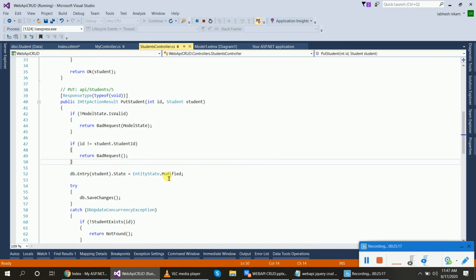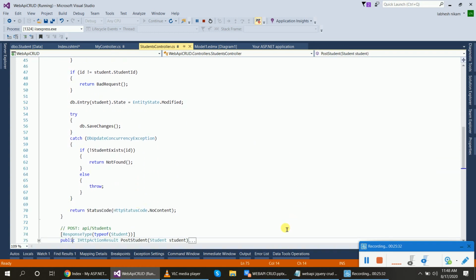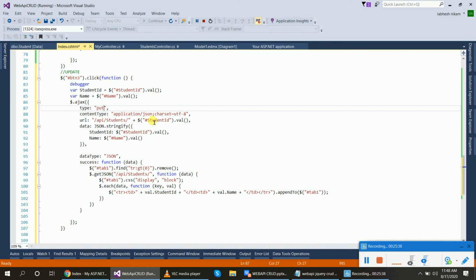If the ID matches the data, the data will be modified using entity state dot modified and the changes saved. The URL is api/students with ID and name, and the table name is table one. Pass the data using key and value, and whatever changes are made in ID and name will be appended to table one. Okay guys, we will save it.